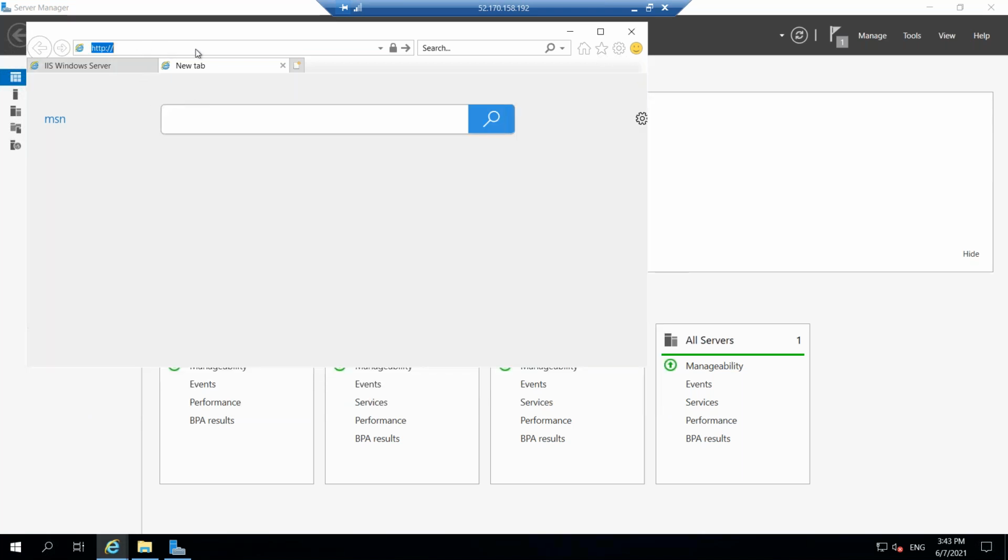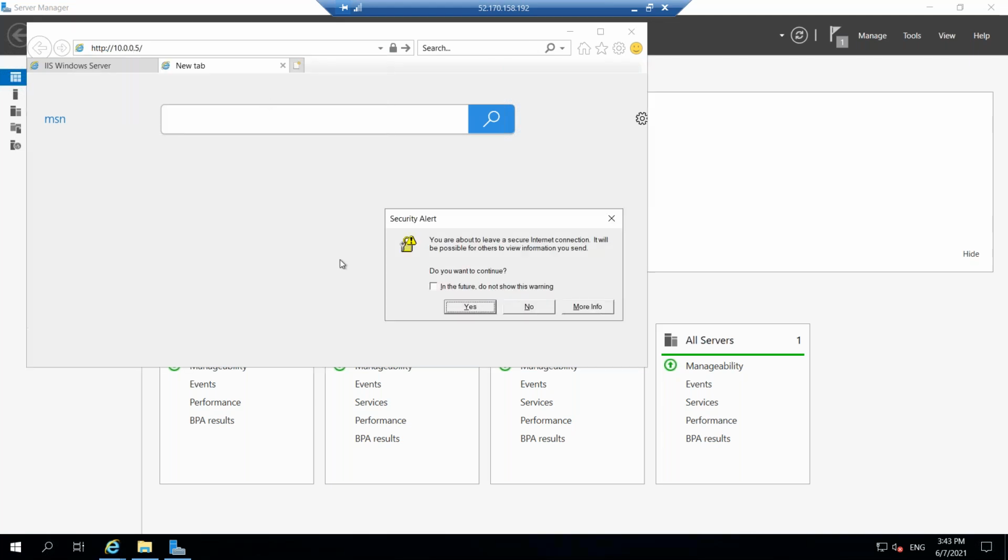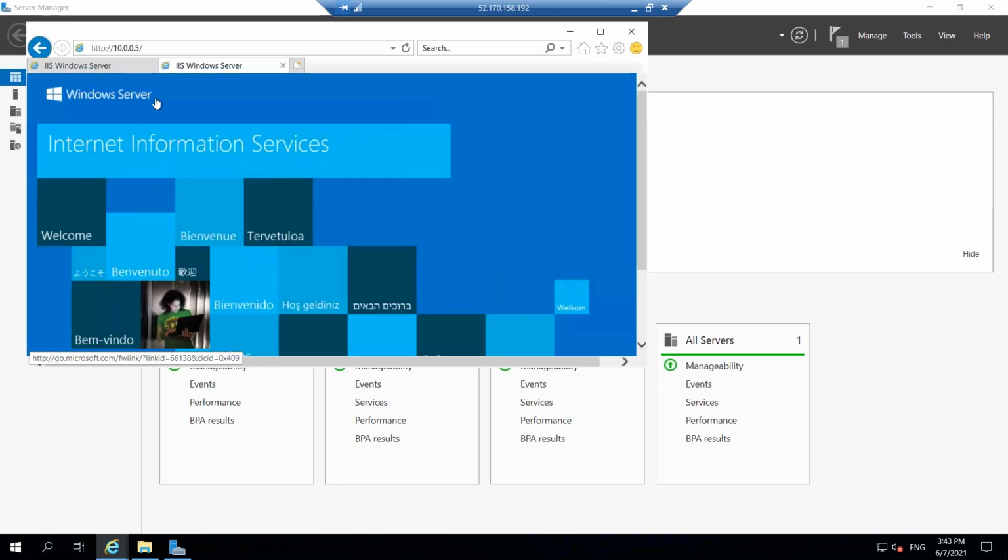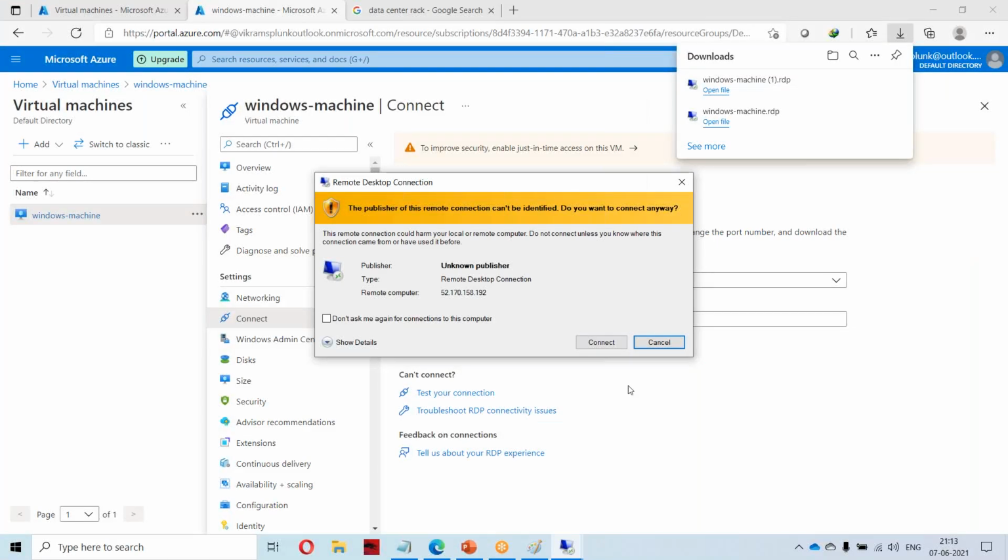I can give either localhost or 10.0.0.5. See, if I give localhost or my IP address, I'm able to launch the application.